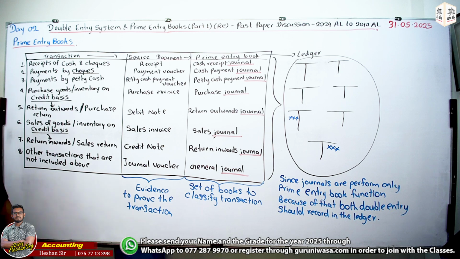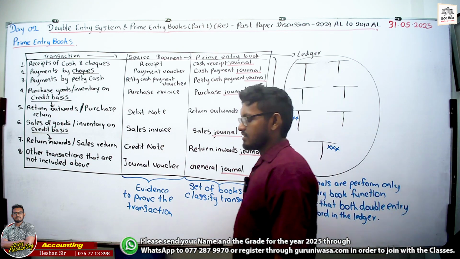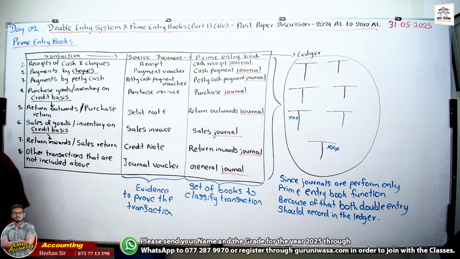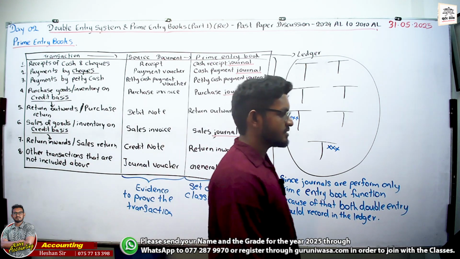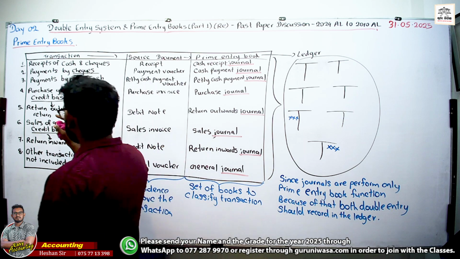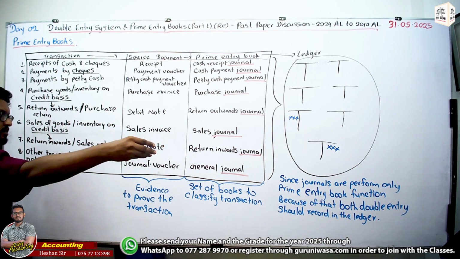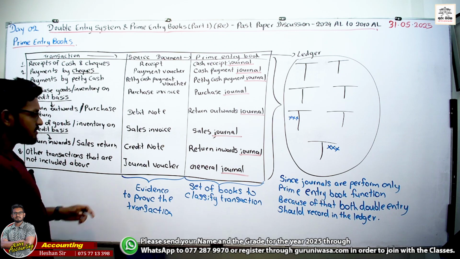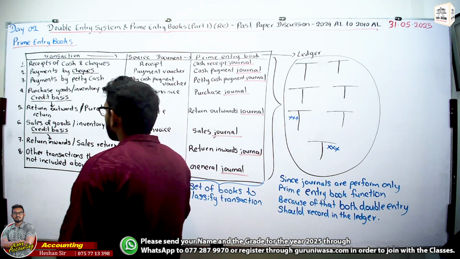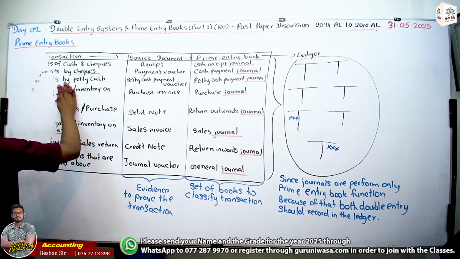When we return goods, purchase return, debit. When customers return goods to us, we prepare what? Credit. All good, right? Okay, now before moving to VAT and discounts, again you need to have a clear idea